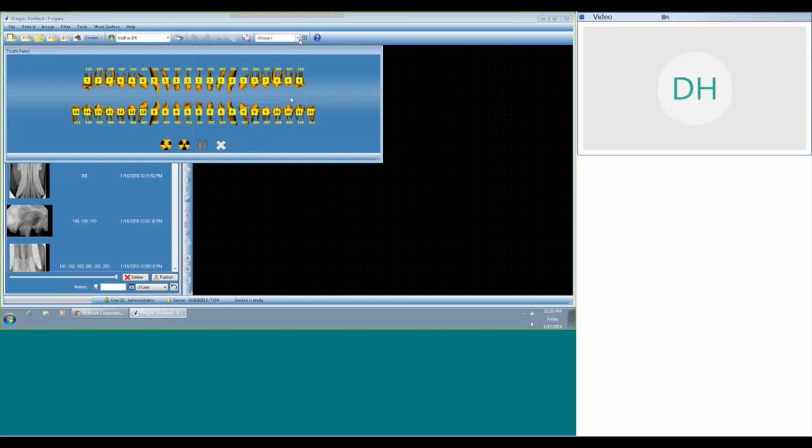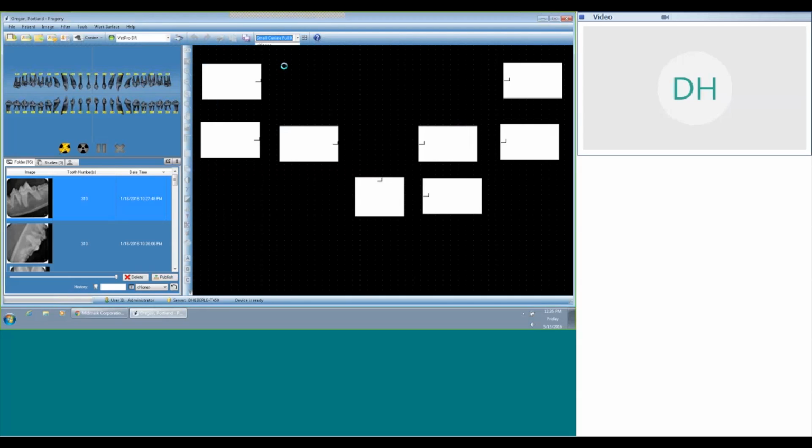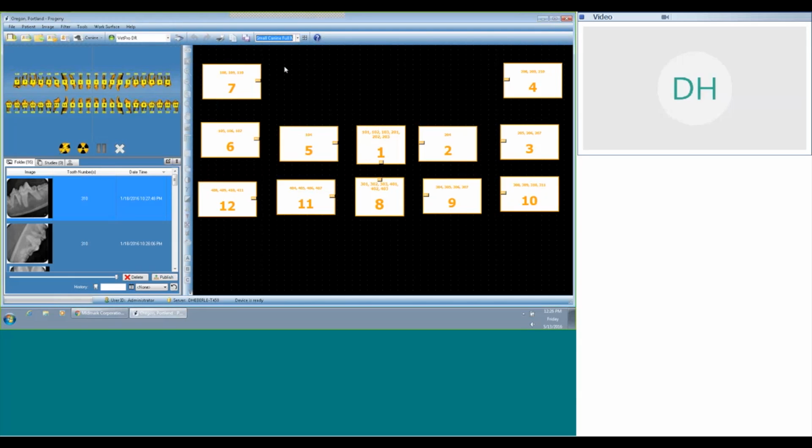All I have to do is create that one time. For the next time I open up a different patient's folder, I can come in here to the template area, which is right here. I always look for the 4 squares, hit that drop-down box, and now I can select whichever template